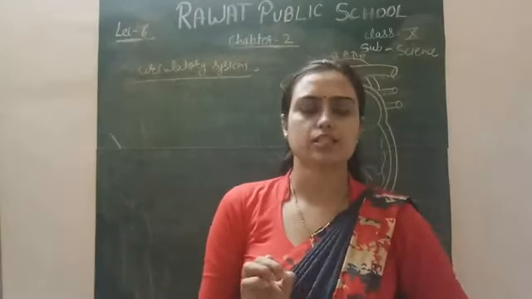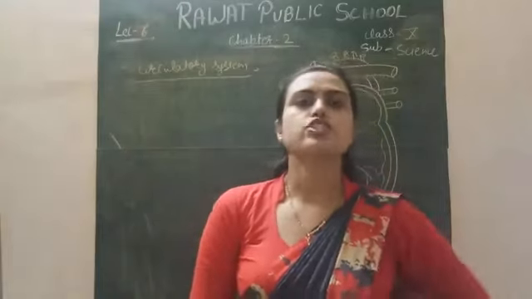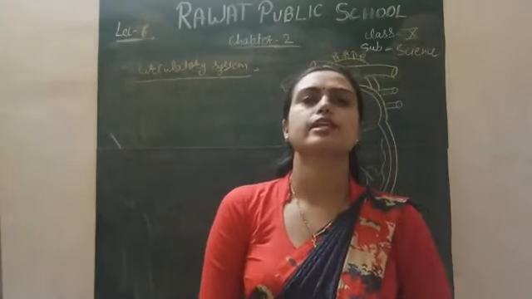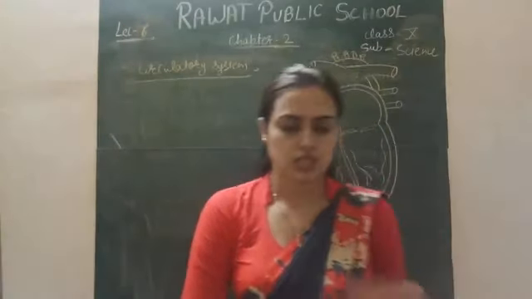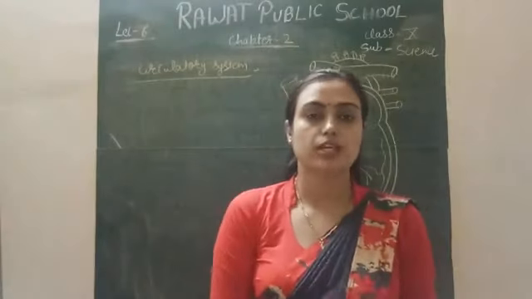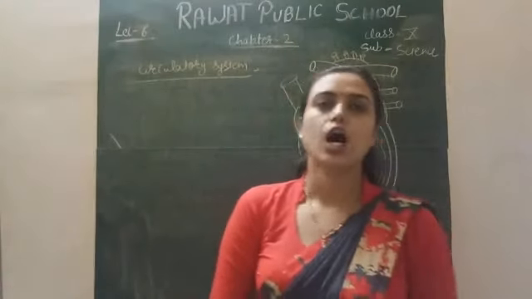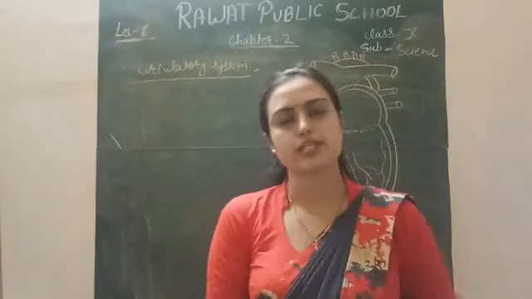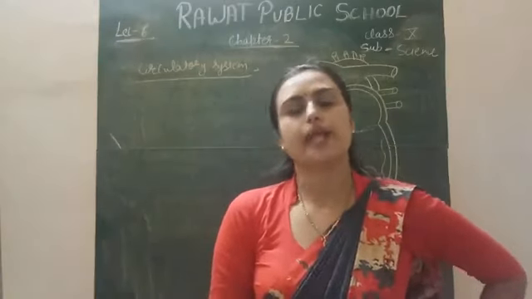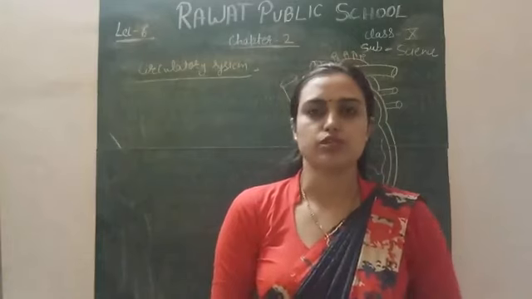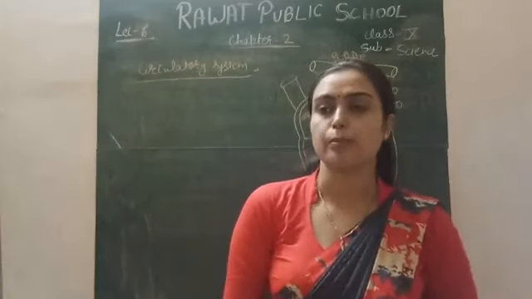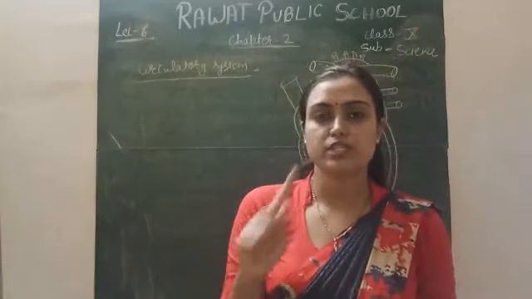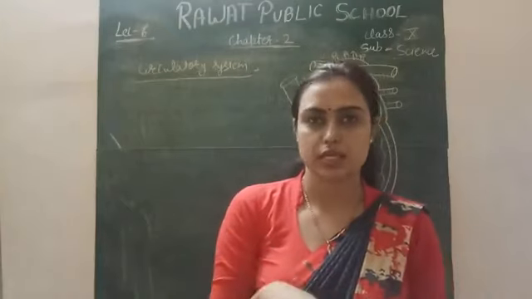The RH factor is called the rhesus factor, which is actually present in our ancestors, the monkeys. The presence of this RH factor in our blood group is called positive, and if the RH factor is absent, that condition is called the negative blood group. For example, if your blood group is A positive, it means the RH factor is present in your blood group.